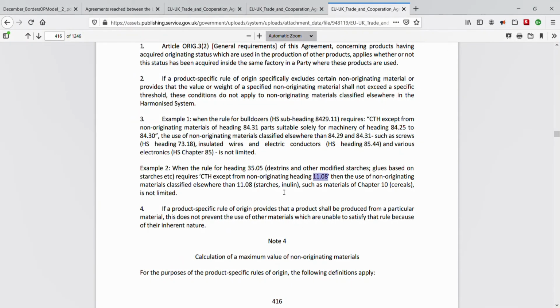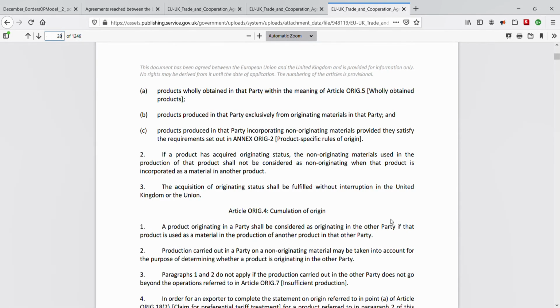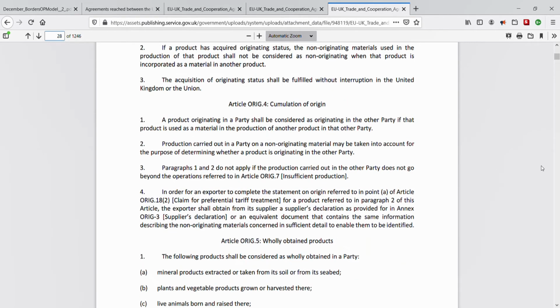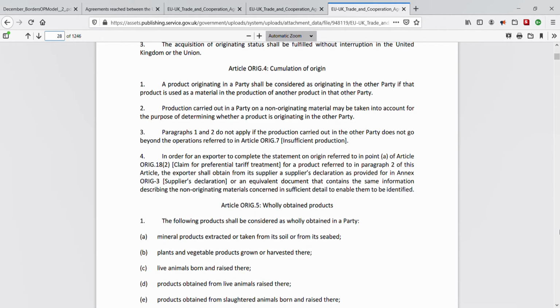accumulation and processing of non-originating materials. Okay, not to dwell. And back up to page 28. And accumulation of origin. Okay. Down just a bit. This is a different approach, but available in tandem to what we've just seen in example 1 and 2. In this case, we can submit different information as supporting evidence for the originating status of our products, even if those products are composed of materials from outside of the EU and UK, as long as certain requirements are met. And what requirements are those?